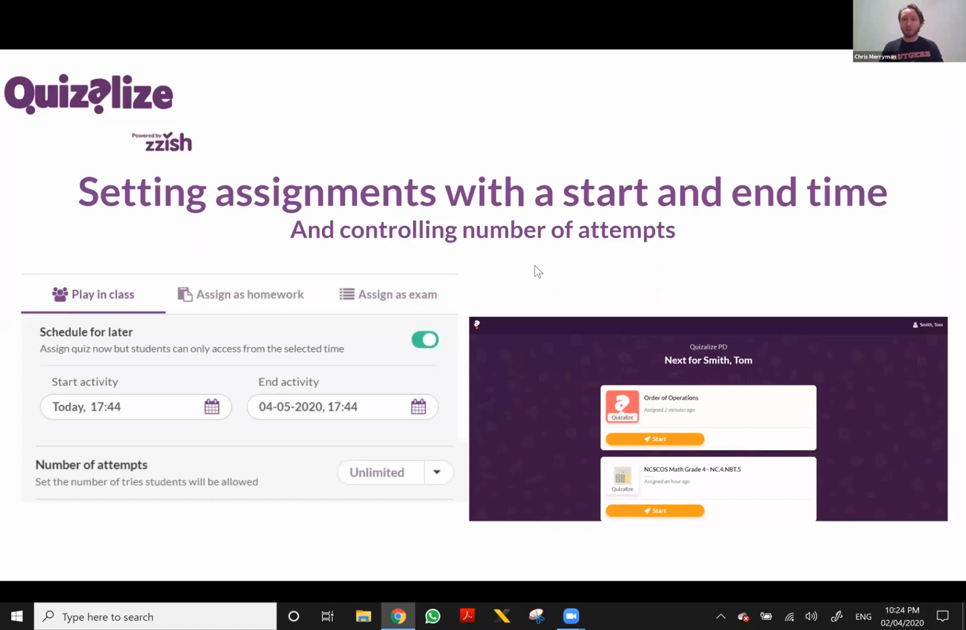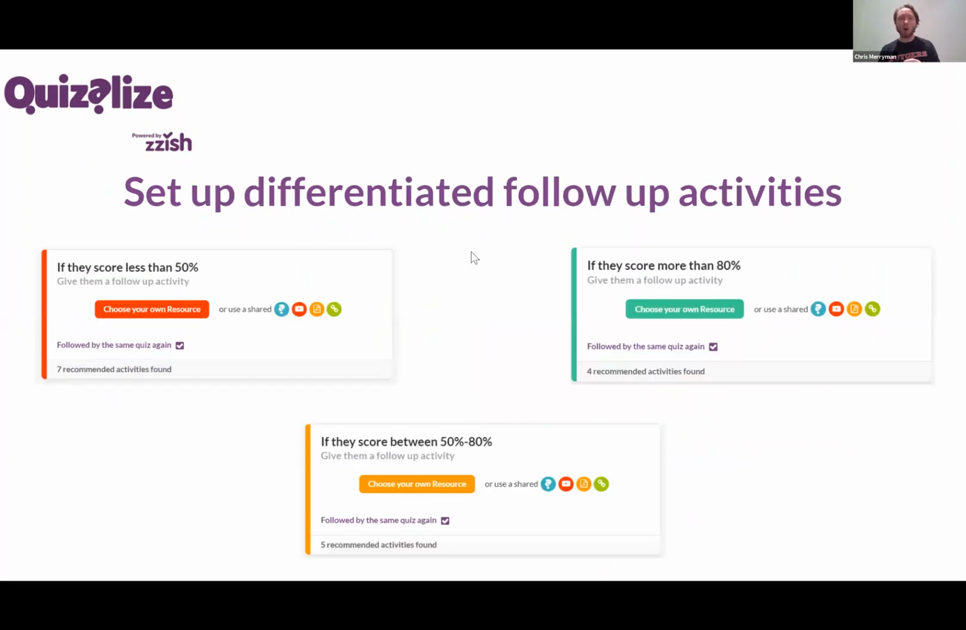We're at the ability to assign a quiz, assign an assessment for a certain time, and the ability to set it to be taken a certain number of times. So the next thing that you can do with Quizalize is automatically assign a follow-up activity. I always make jokes about this. It's our set it and forget it feature, where